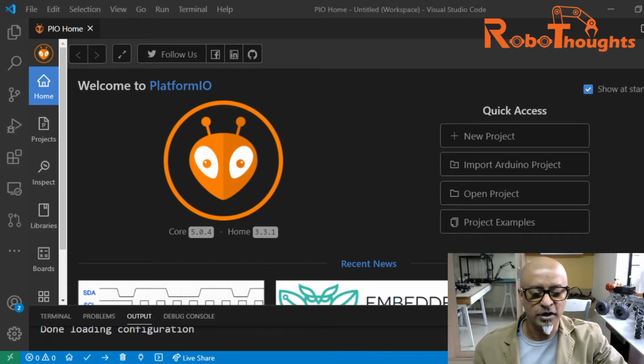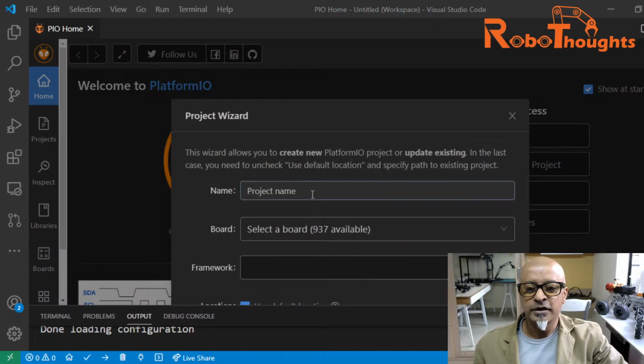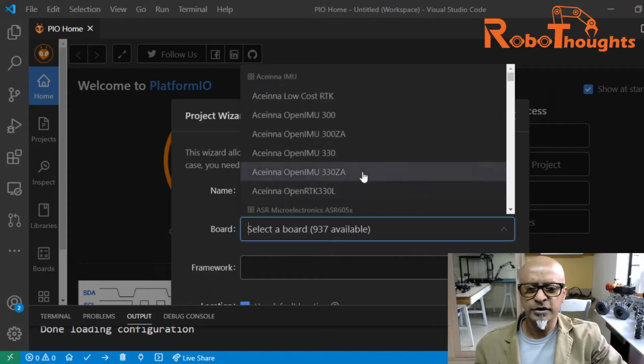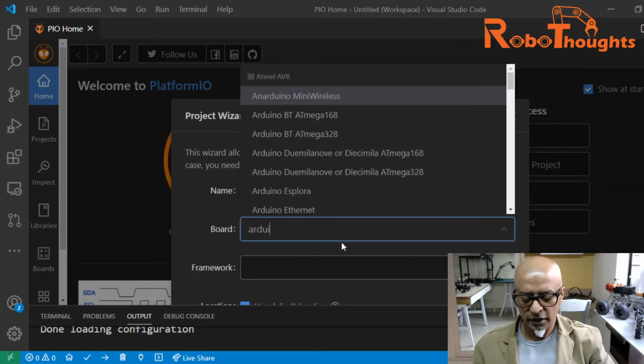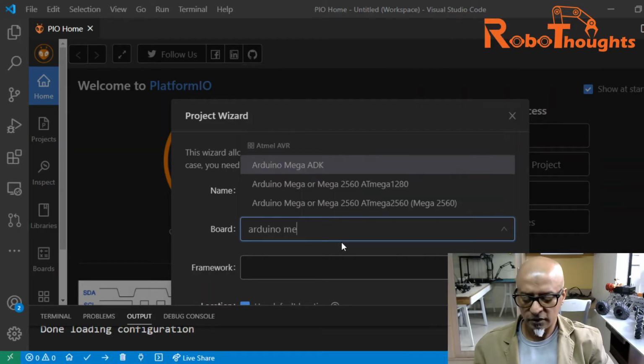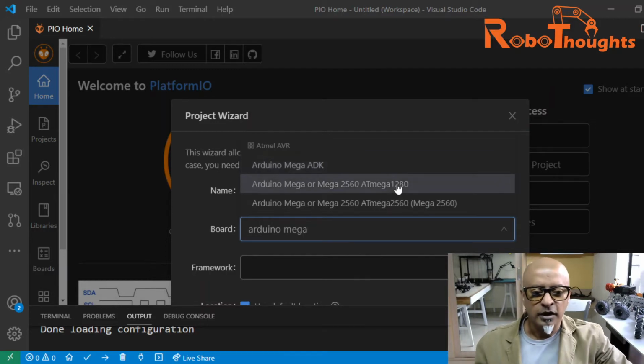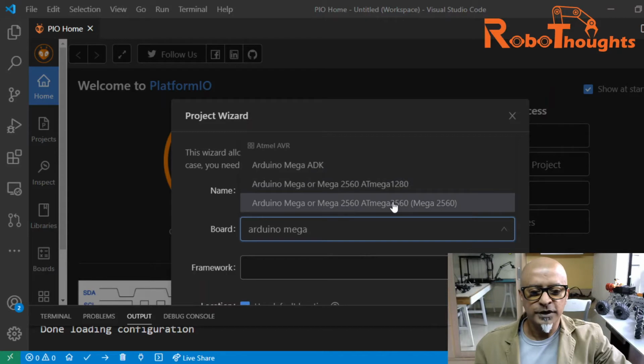For example, I can just play around, open up a project. I can type in any project name, say test, and then I can select the board from here. In this case it's going to be Arduino Mega. Where is Mega in this? Arduino Mega, yeah, Arduino Mega 2560.